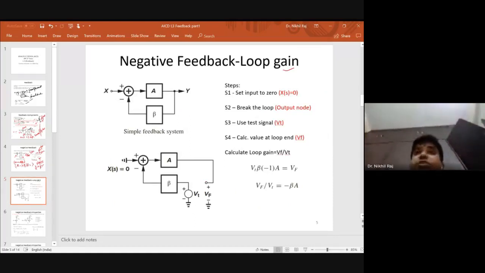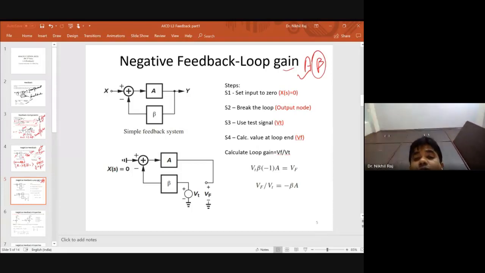Then the question comes, if suppose a circuit is designed, a feedback is given, and then I need to find, okay, I can easily know what will be the open loop gain, but when a feedback is attached to it, then what will be the overall gain? And then what will be the feedback components, or which are the components which are really acting as a feedback to the circuit? So in those cases, we need to know what is the loop gain of the equation, because once you know the loop gain, that is A beta, and A is known, then you can easily predict what is beta here.